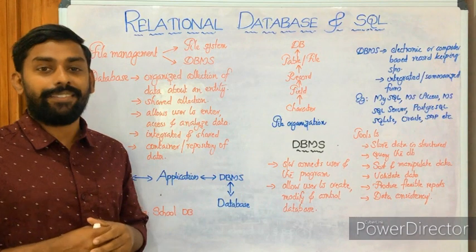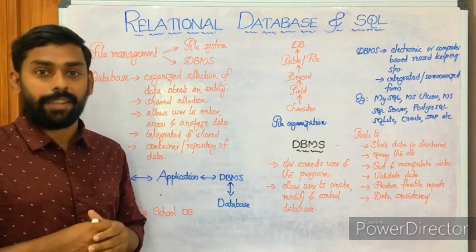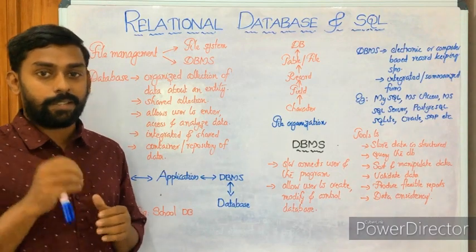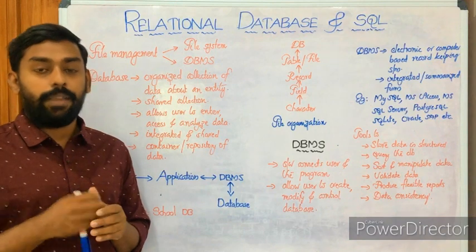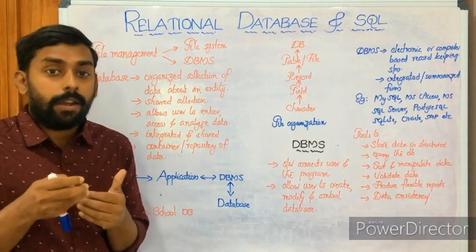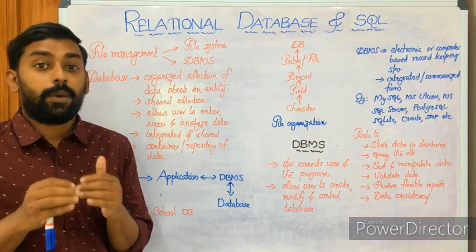We have already completed data structures in Python. Now it's time to look at another very important topic in computer science as well as in your plus 2 syllabus. It's all about relational database and SQL. We have already learned the fundamental concepts, fundamental aspects of relational database as well as SQL in our plus 1